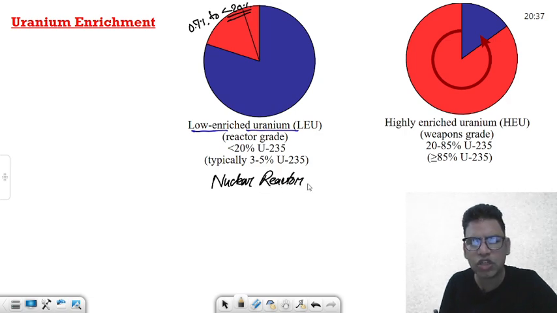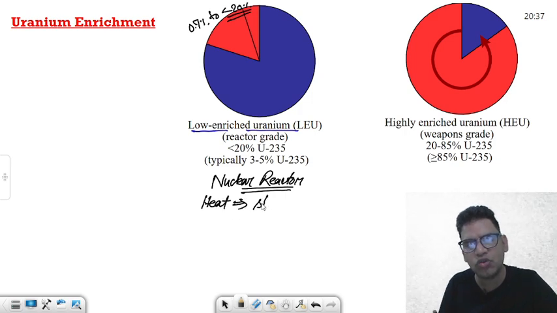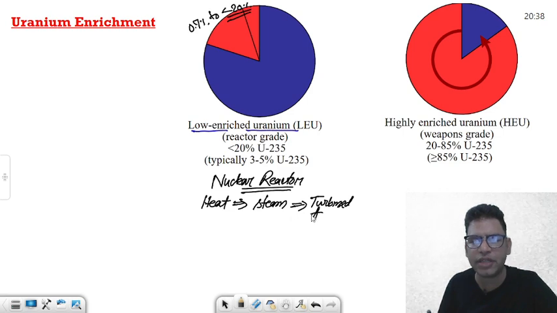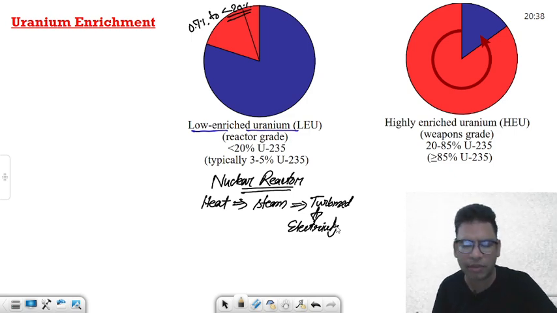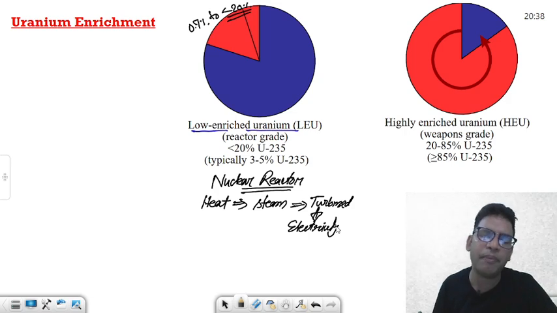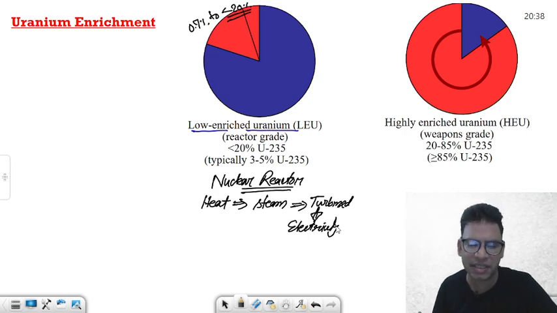What it does in a nuclear reactor is that the chain reaction is sustained and heat is generated. This heat is used to make steam, and this steam is used to rotate turbines. These turbines, in turn, with the electromagnetic induction effect, produce electricity. This is the cleanest way of producing electricity, and it has very good potential for generating electricity.